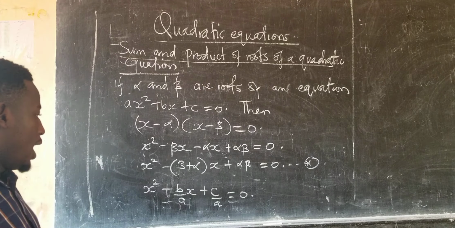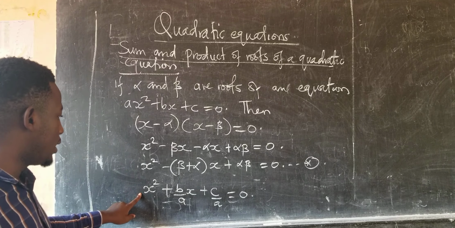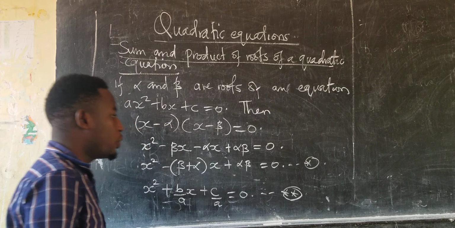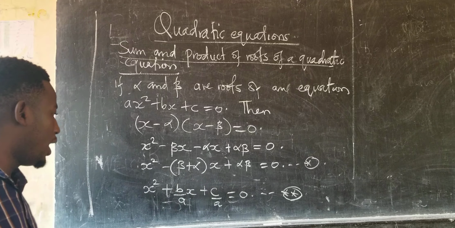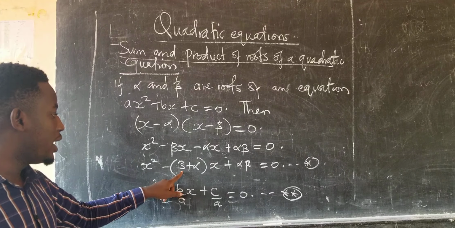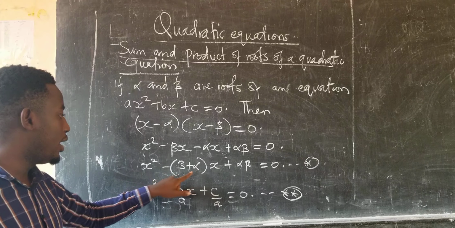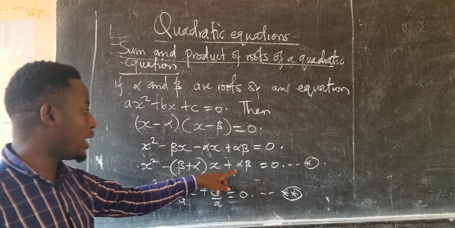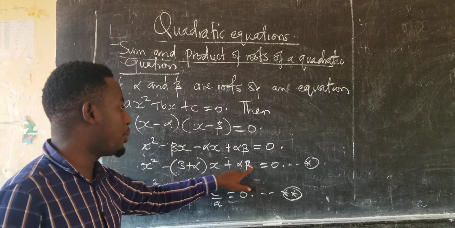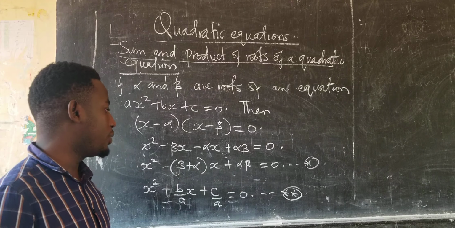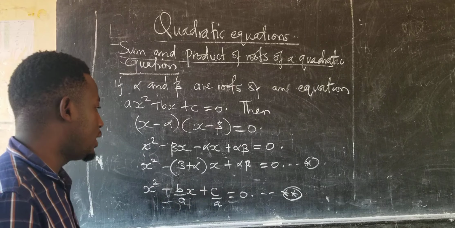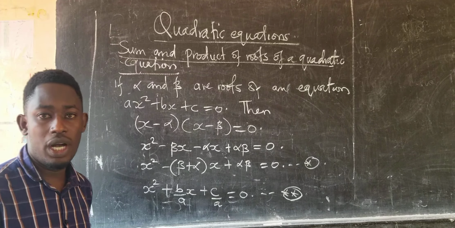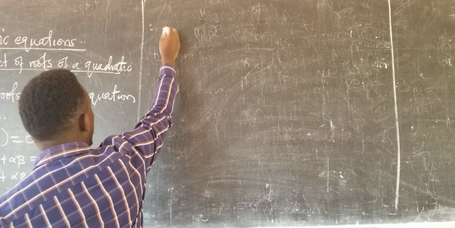So in that case, this one I can call equation star star. So I want to compare equation star and equation star star, and we realize that the sum of my roots alpha and beta will be represented as b out of a, and the product of these roots that we are dealing with shall become c out of a. And this kind of comparison is important for us to be able to calculate equations. Therefore,